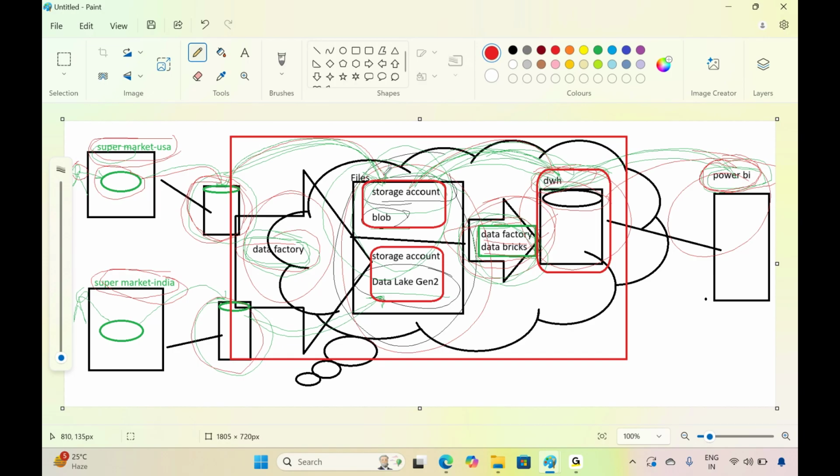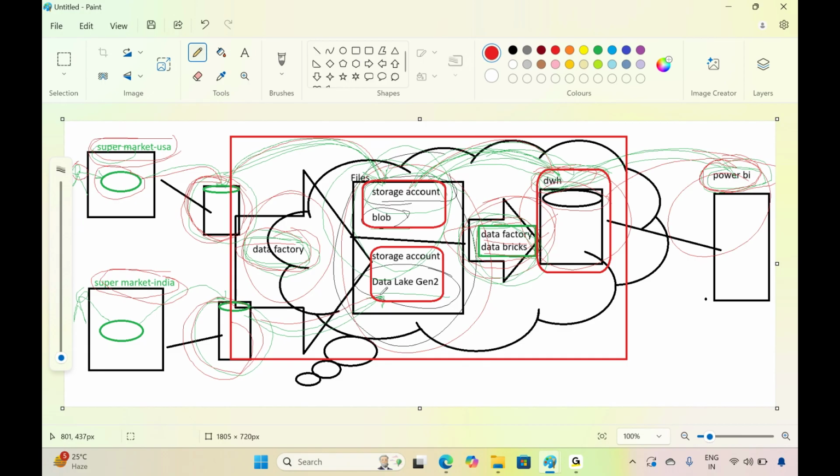Which cloud are you going to use? Microsoft Azure Cloud environment. So you need to pull that data by using an ETL tool. What is the ETL tool? Data Factory. What is ETL? ETL stands for extraction, transformation, loading. So whatever the business data I have in this server, I'm going to push into Microsoft Azure. I'm just copying the data by using the Data Factory ETL tool, and I will store it in the Microsoft Azure Cloud environment.